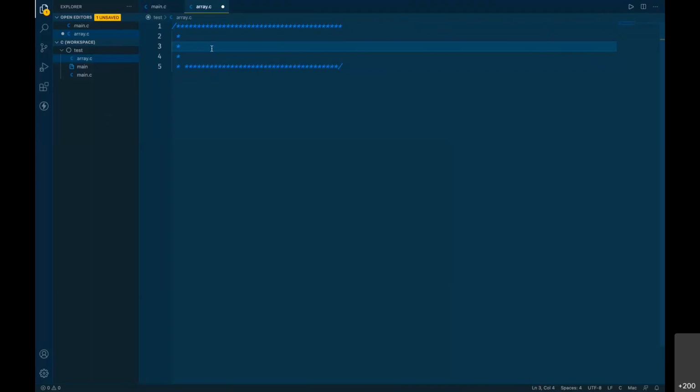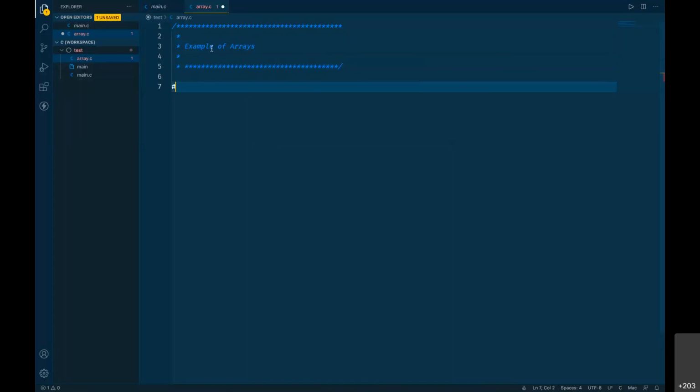Slash star is a multi-line comment, and you complete that multi-line comment using star slash. This is nothing but an example of arrays.